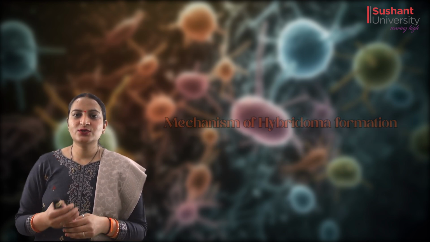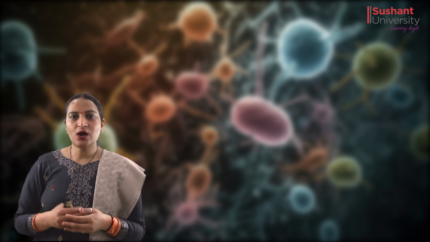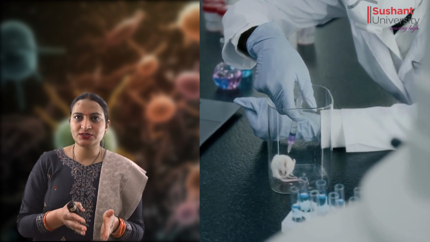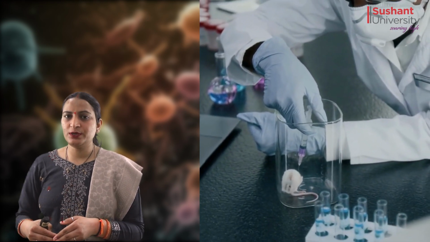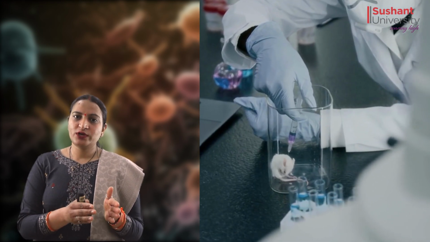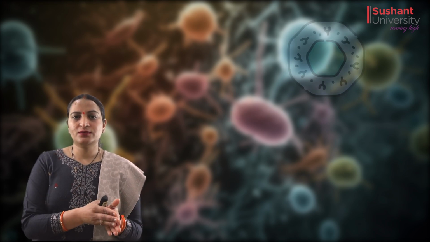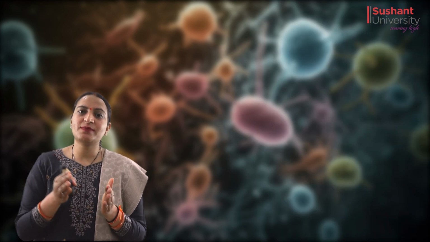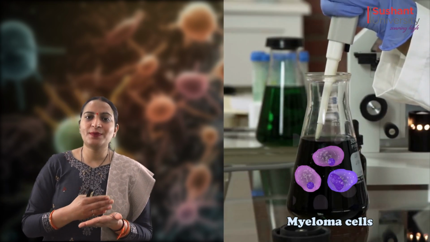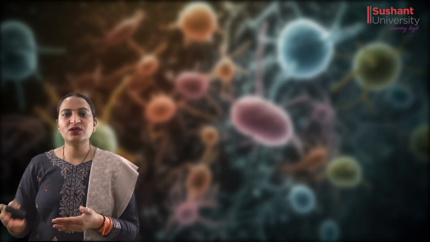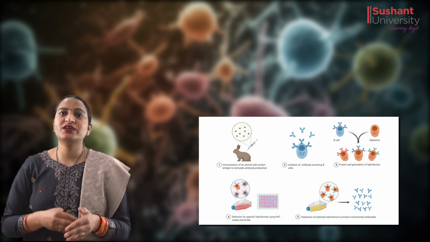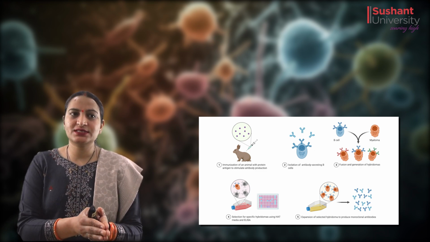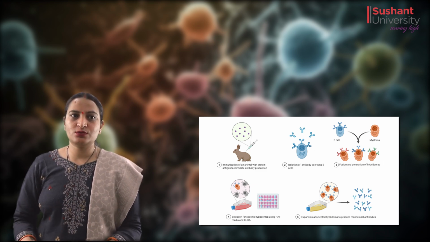So let's get into the mechanism of hybridoma formation. So how does it implement? Firstly, we select an animal model in which we will introduce some antigen for which antibodies are to be produced. From that animal model, we extract out the beta lymphocytes or B cells, and also from their bone marrow, we will extract out some myeloma cells. The beta lymphocytes are very capable of producing antibodies, while myeloma cells have the potential of dividing rapidly. So we will be producing traits of both the cells into the hybridoma cells. So this is how hybridoma cells are produced.